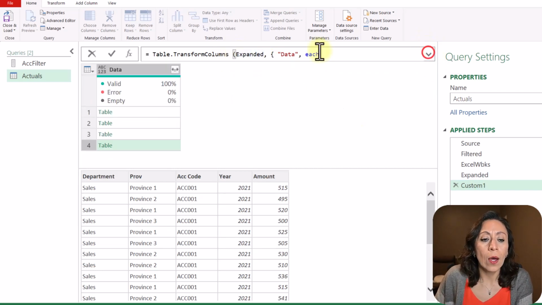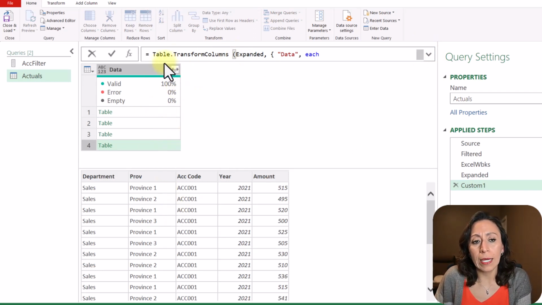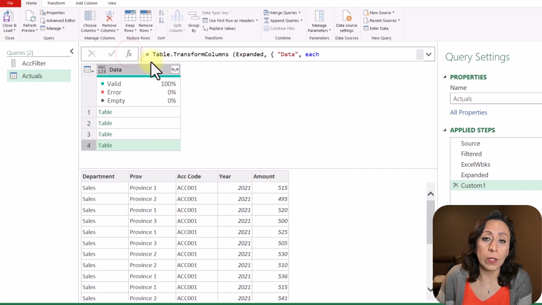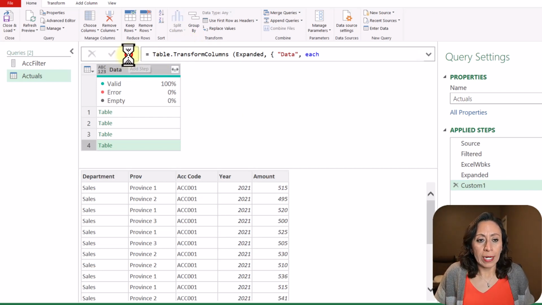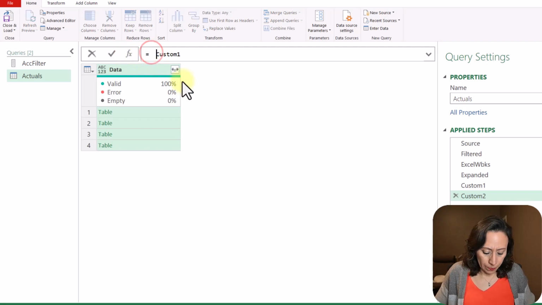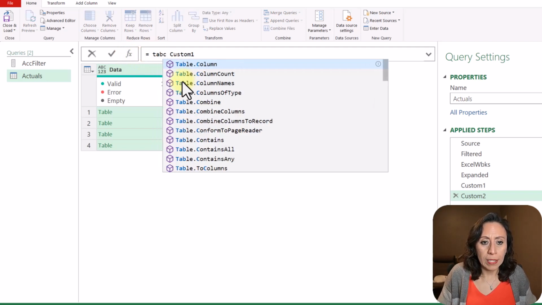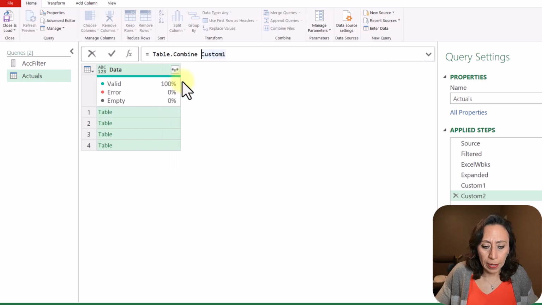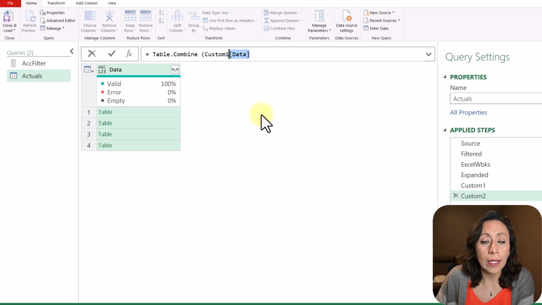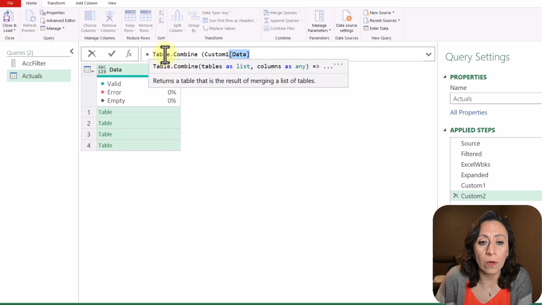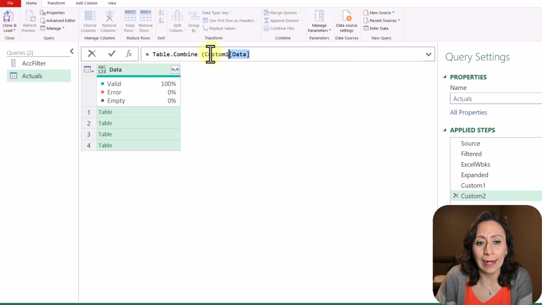Okay, excellent. Well, now that I have this information, the next thing that I'm going to do, I'm going to combine all the tables. This is a very simple example. My focus will be on how to filter the information through the list, right? So once I'm here, I'm going to create a new step. Fx, I'm going to say equal table combine, and I haven't been renaming my steps properly, but remember to do that. So at the end, I'm going to provide the name of the column here in one set of square brackets, because for table combine, I need to provide the tables as a list.